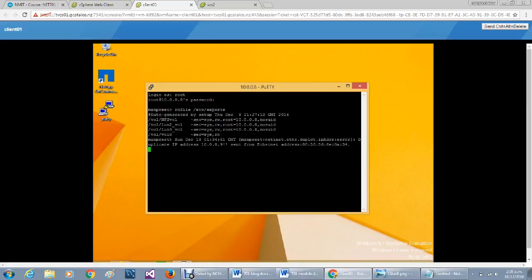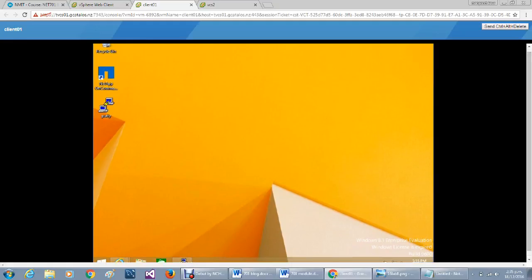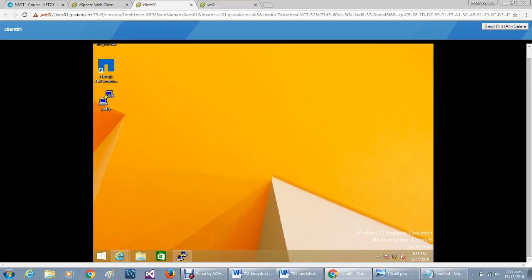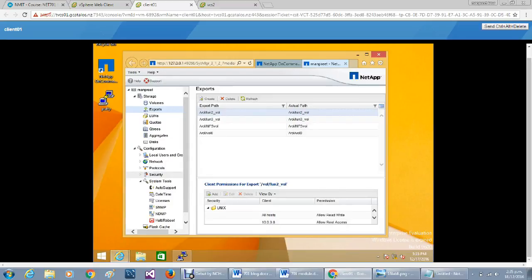Now I am going to add the license for the CIFS service. For this I minimize my PuTTY command line and again open my NetApp manager. Here I am going to Configuration, then Protocols, System Tools and License.